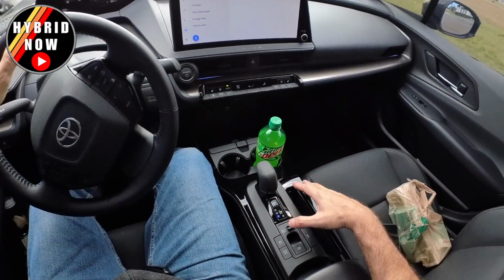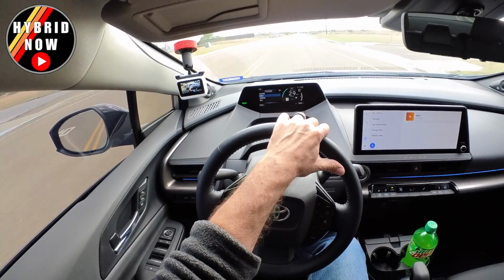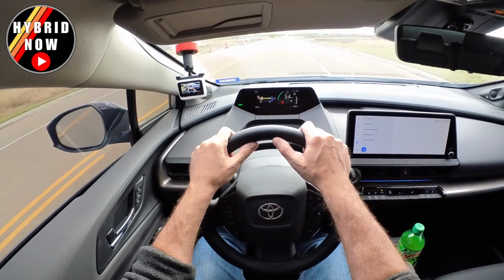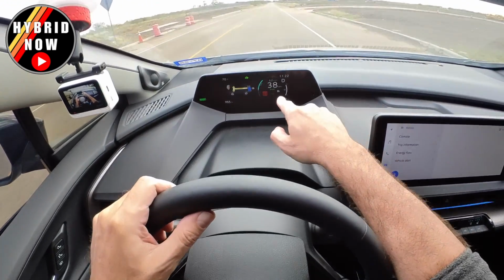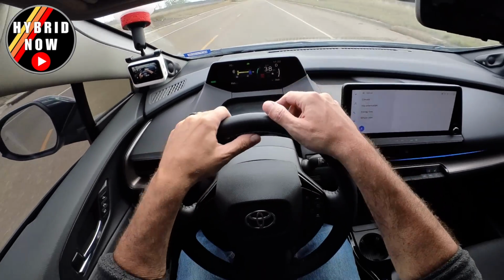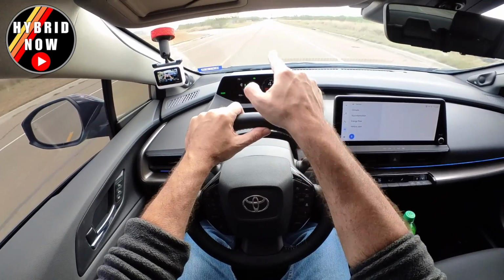Okay, now I'm going to go ahead and hit the button. Bring it up, and we're going to go from normal into sport mode, which is where we are right now. And it says that on the gauge cluster right below the speed readout. So we're in sport mode, and I really won't notice a difference until we get up here and we can